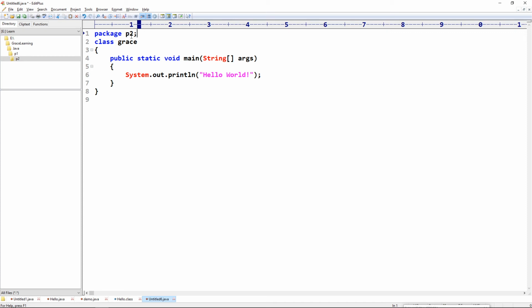We are creating nested packages. It means this package will reside inside the p1. So p1.p2, it means inside the p1 we are declaring a nested package, that is p2, and this is how we declare nested packages.